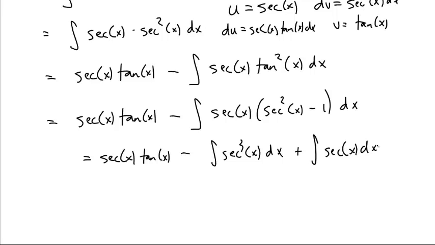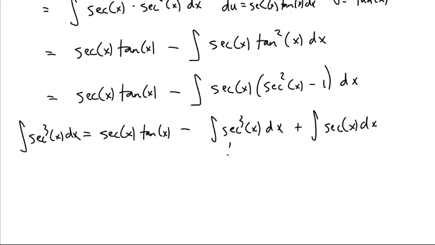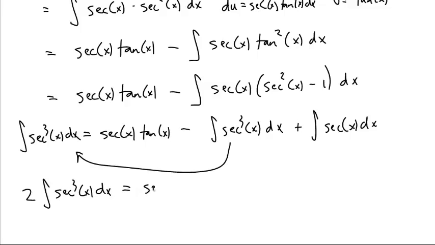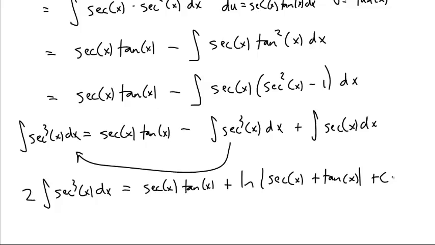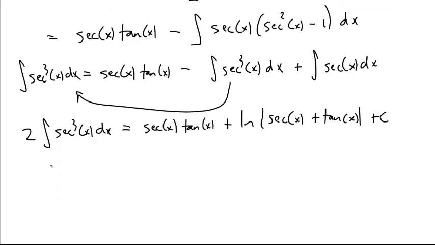And this whole thing, if you remember, what we're trying to solve is the integral of secant cubed of x dx. We can move this one to the other side and get 2 integral of secant cubed of x dx equals secant of x tangent of x plus, hey, the integral of secant of x. I'm sure you know that that's the natural log of the absolute value of secant of x plus tangent of x plus c. And if you divide both sides by 2, you will get that the secant cubed of x's